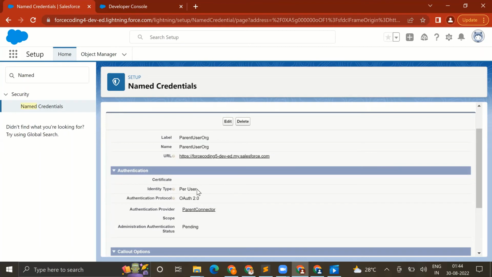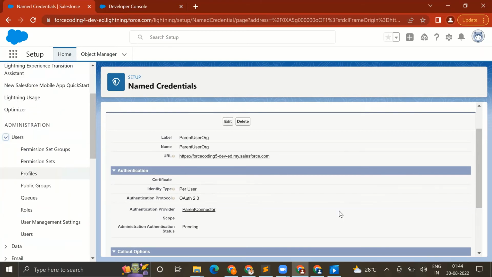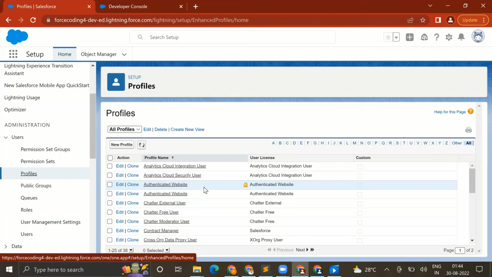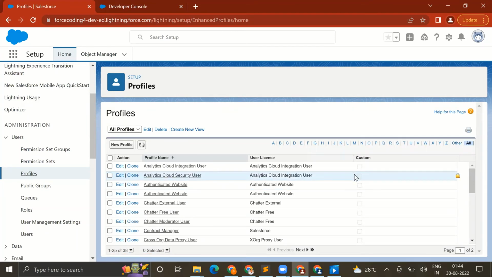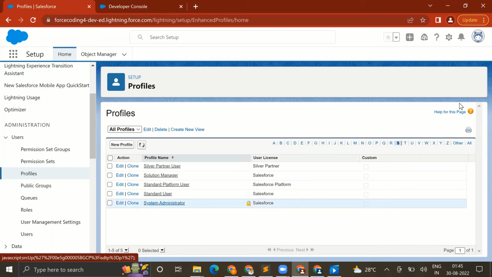So first of all, the thing that you need to do in case of per user is that you need to assign it to a profile, right? So let's say that we have different users with different profiles here, right? As you can see, we have different profiles. We can anytime assign that per user name credential to any profile. Now, how can we do that? Quickly go to any of the profiles. Let's go to the system administrator,